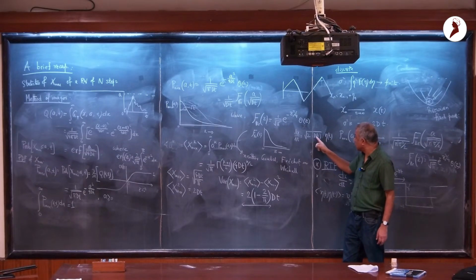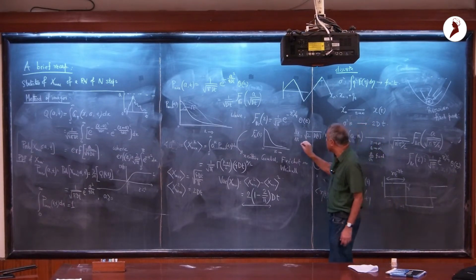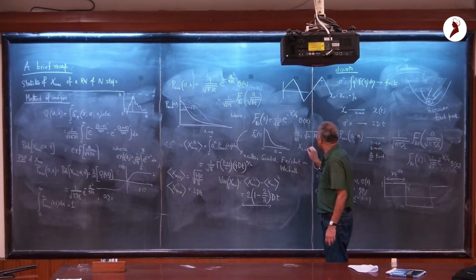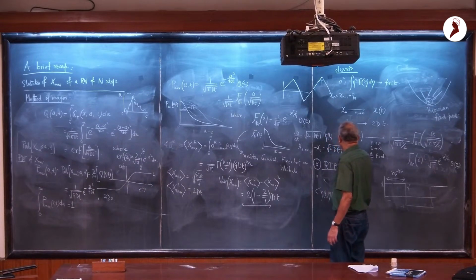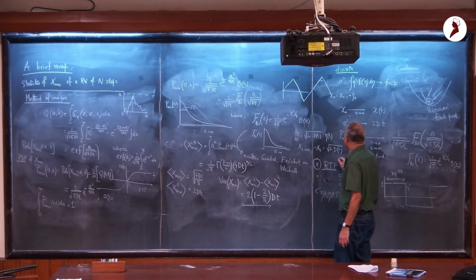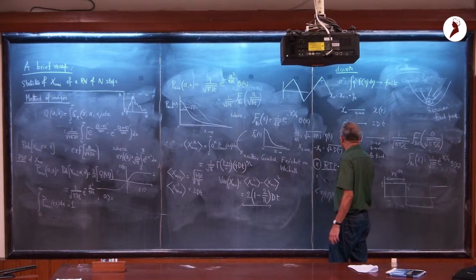And for that, when you discretize this equation, you have to interpret whether you evaluate at time t, with t plus delta t the next step, that's Ito, or evaluate at the midpoint, t plus delta t by 2,